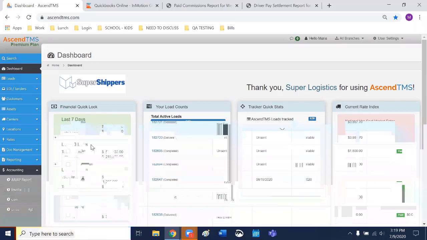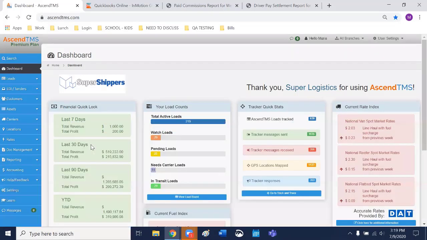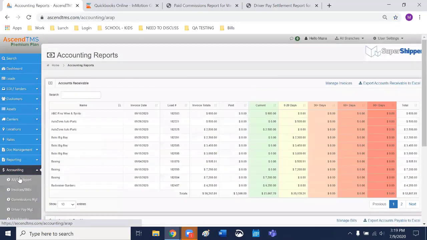That's financial, true. Yeah, so it's giving you a quick look at what you've done in the last 30, 90 days, year to date. Okay, that's revenue. It's not so much the other AP. Yeah, AR. What I think you're talking about was this one.